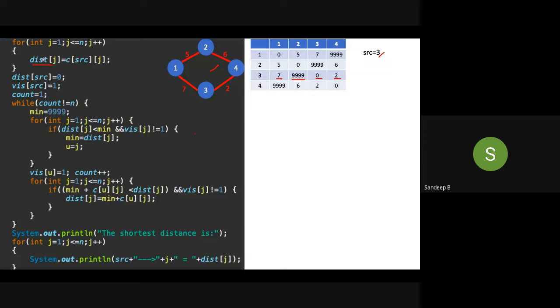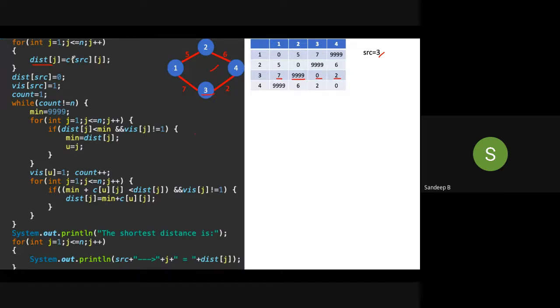Is it clear? The for loop will run 4 times. Each time it will store the third row value, because we have taken source node as 3. So third row values it will store in the array distance. My task is to find the shortest distance between vertex 3 and all other vertices, that is 1, 2, 4.